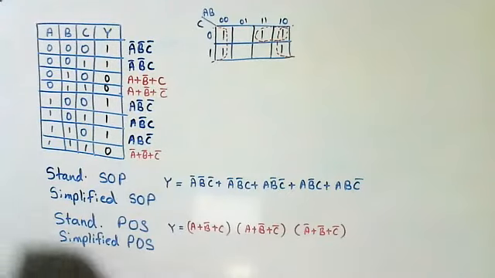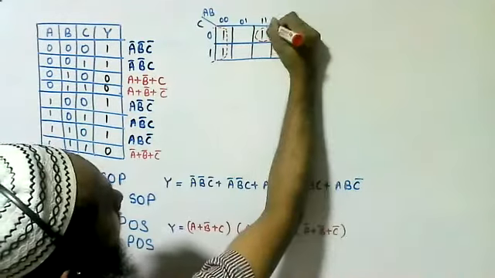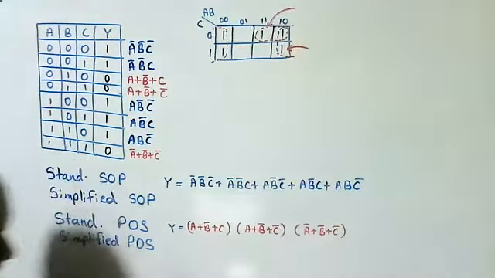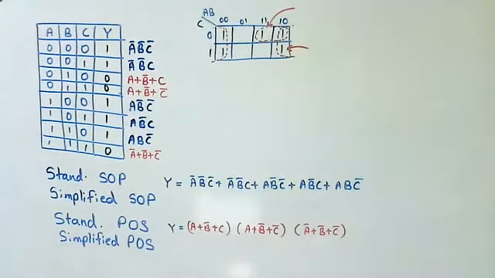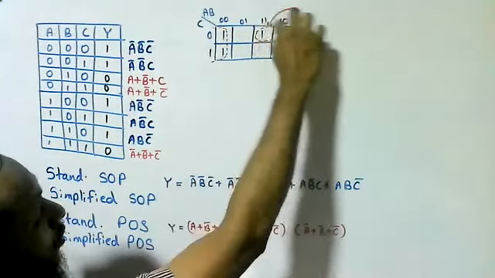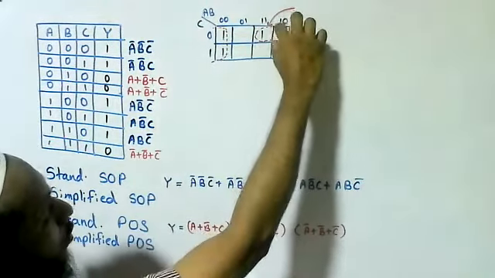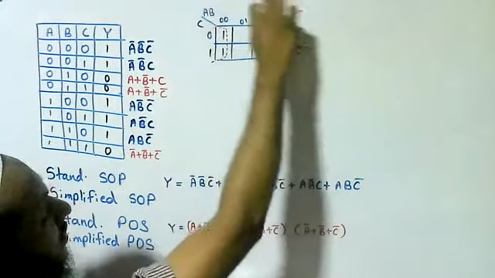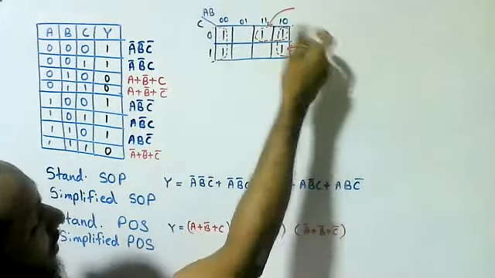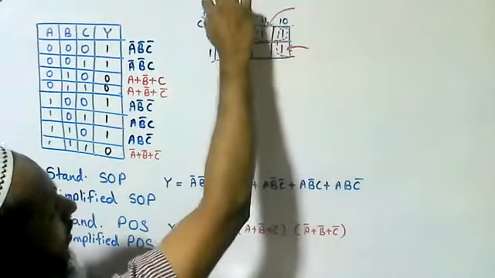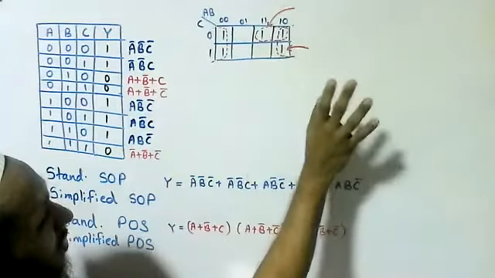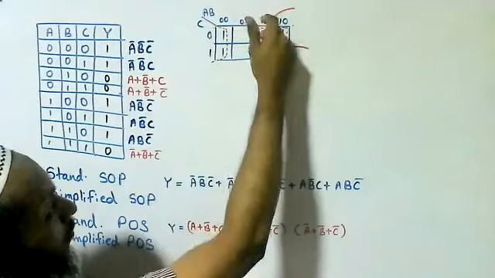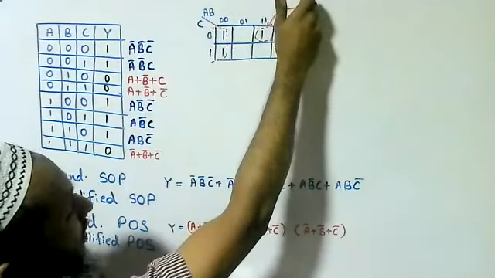Right? Now I am going to simplify this group, and then I have to consider that group. So now concentrate. I'm going to consider this group. In a group, we have to find out which variables will not change. If the value of a variable changes, we can skip it. If the value of a variable will not change within a group, we have to take that variable into our expression.